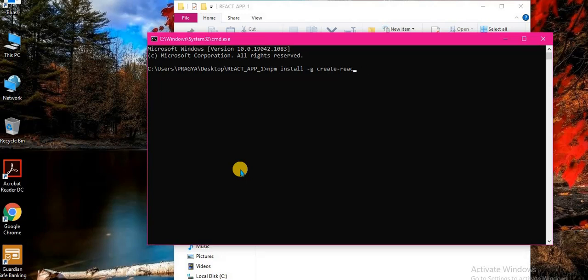Okay, the next command you need to follow is npx create-react-app. Using npx, I'm going to create my first React app. Just name this first React app. Basically, the name of my first React app is going to be this one. You can name it whatever you wish to, but note that you should not use any capital letters in this name. You have to use lowercase letters. Once done, you can just press enter.